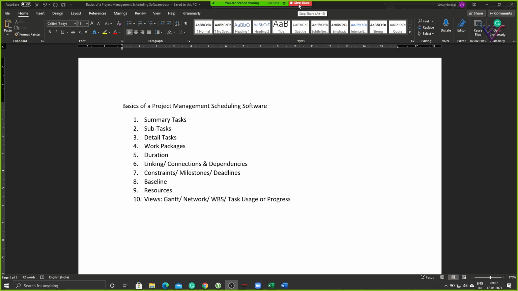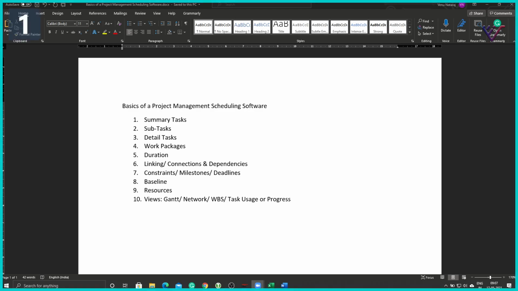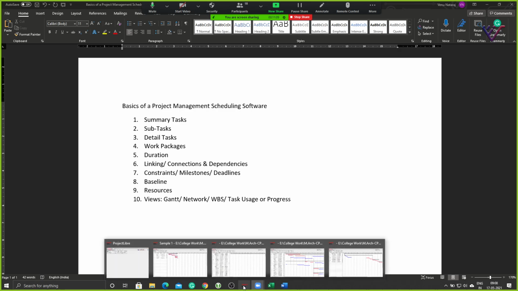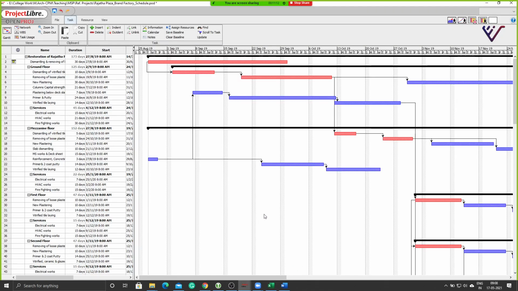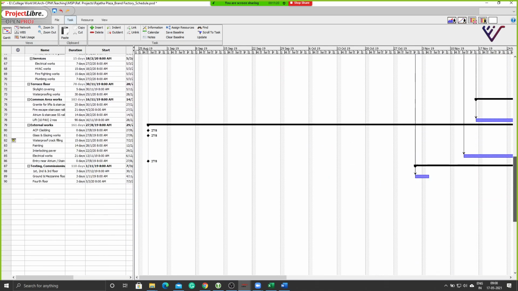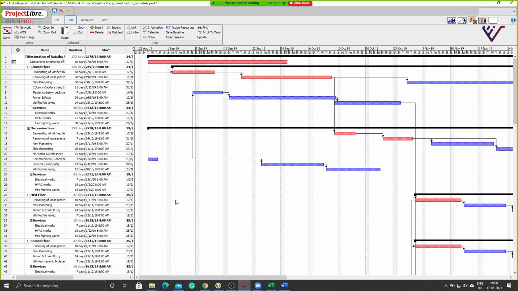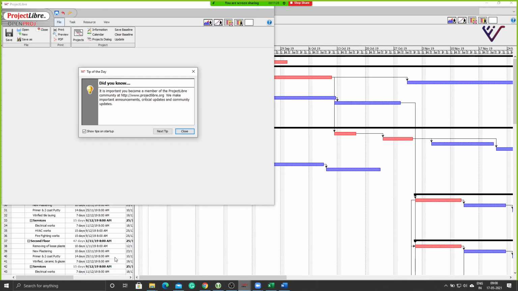Yeah. So we will look at Project Libre now and try to understand how that software works. Let me share my screen so that you can see the different things I'm toggling. So here I have Project Libre. I'll just show you the level of complexity that you can achieve in this project as well. This is something that we delivered for one of our clients. So yes, you can do quite a bit of complex tasks, including cost and resource leveling in Project Libre as well. We will get down to the basics right now.